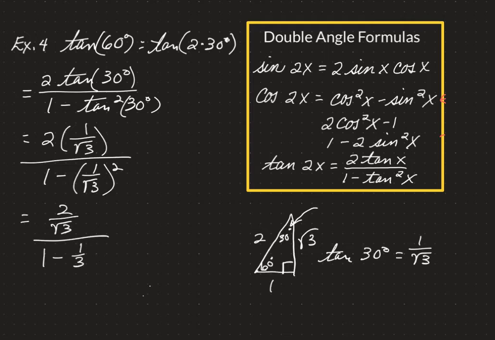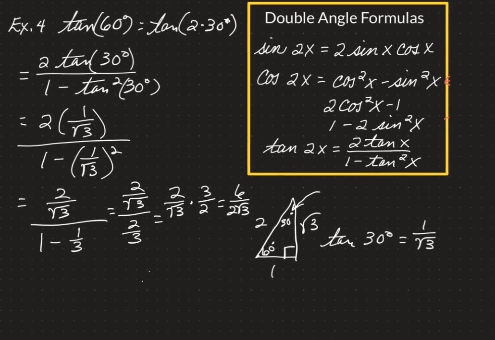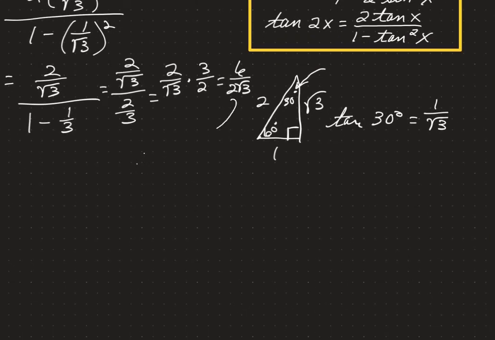A few more algebra steps here, or rather arithmetic. Okay, 1 minus 1/3 gives you 2/3. Let's get rid of that complex fraction. 2/3 times the reciprocal of the denominator equals 6 over 2 square root of 3. Okay, yes. In the end here, we are going to have to rationalize that. So let's just make some room at the bottom here for a minute. I'm going to take this 6 over 2 square root of 3. I'm going to multiply by the square root of 3 over the square root of 3,